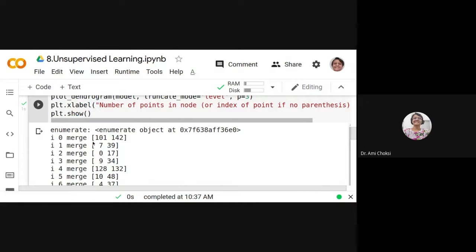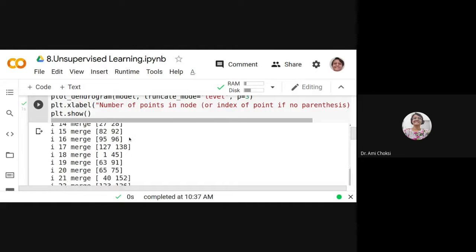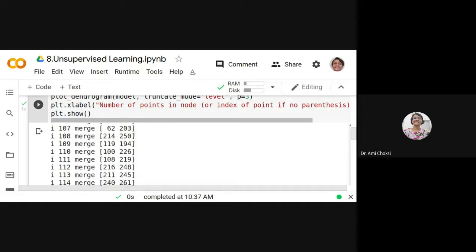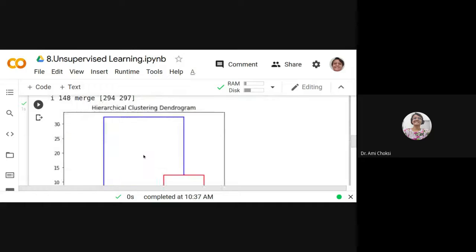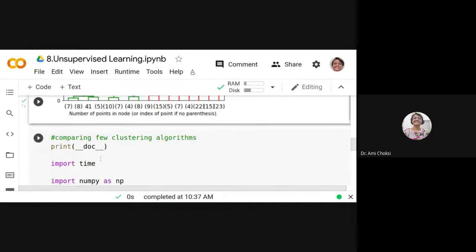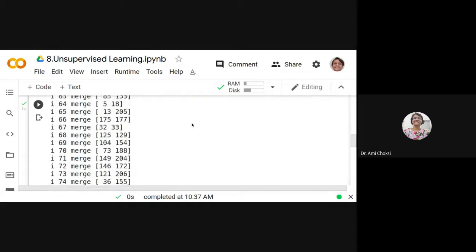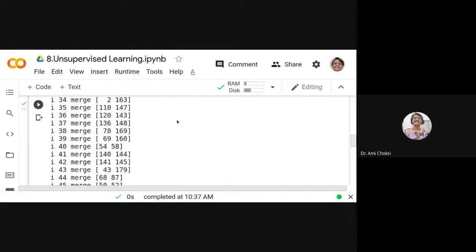i is 0, merge is 10, 11, 42. What is it? First of all, let us consider what is there here. These are the data points.